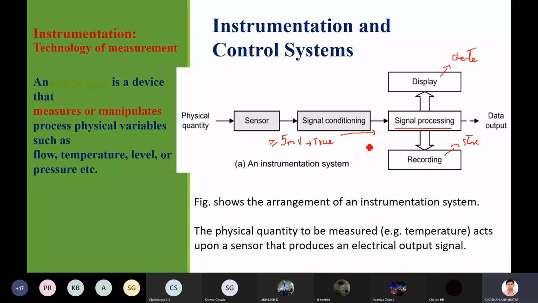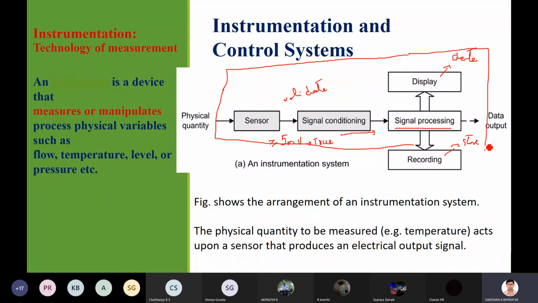In order to check the electrical signal from the output of my sensor, in order to validate my signal from the output of my sensor, that is the block diagram of this system here. Okay, that is the block diagram to validate my signal at the output of my sensor here. Okay, so the next is